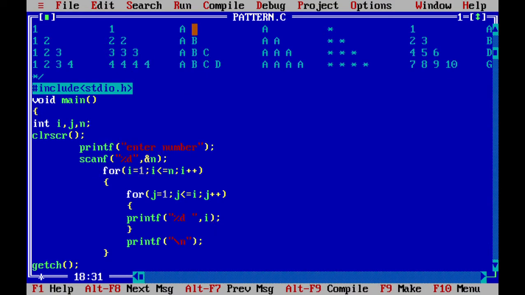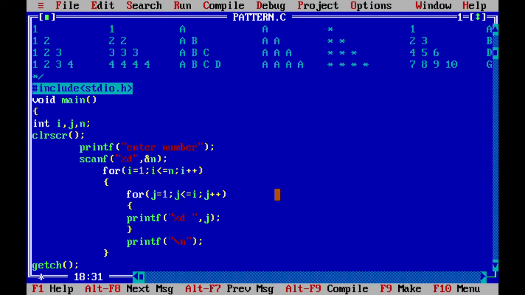Now let's see how to print this third pattern. Here they said that instead of printing 1 2 3, I want to print A B C D like that. So here you can see A, after that I have written A B, after that A B C like that. Means you can see this pattern is the same as the first pattern, but instead of printing 1, 1 2, 1 2 3, I am just printing A B C like that. Okay, so it means I have to use j here, not the i. The i remains constant, but here A, then A B is written. So I have to print A then A B.